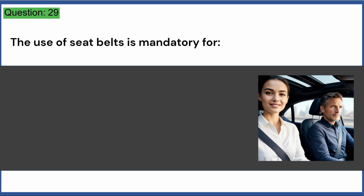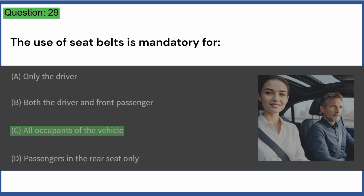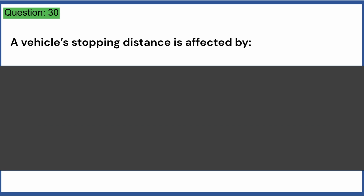The use of seat belts is mandatory for: A. Only the driver. B. Both the driver and front passenger. C. All occupants of the vehicle. D. Passengers in the rear seat only. Answer C. The use of seat belts is mandatory for all occupants of the vehicle to ensure safety during a collision. A vehicle's stopping distance is affected by: